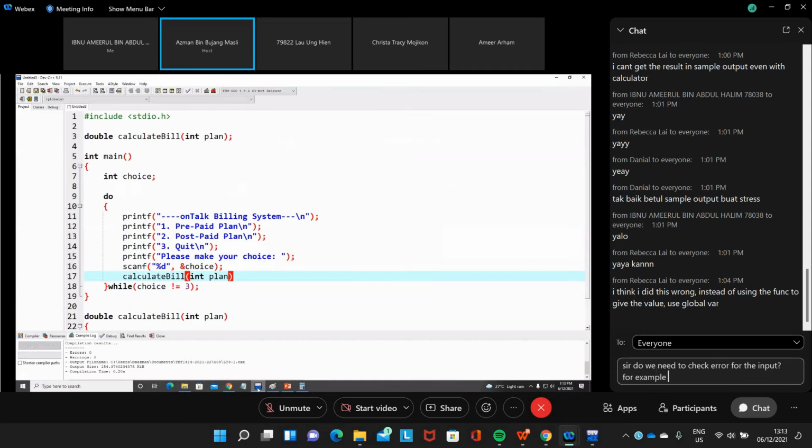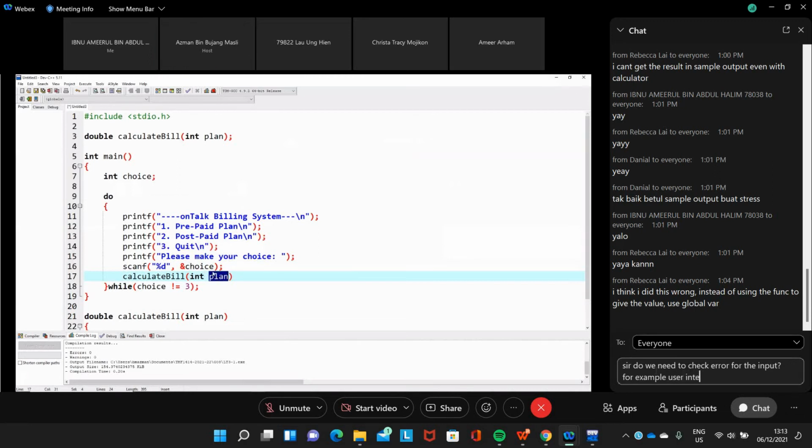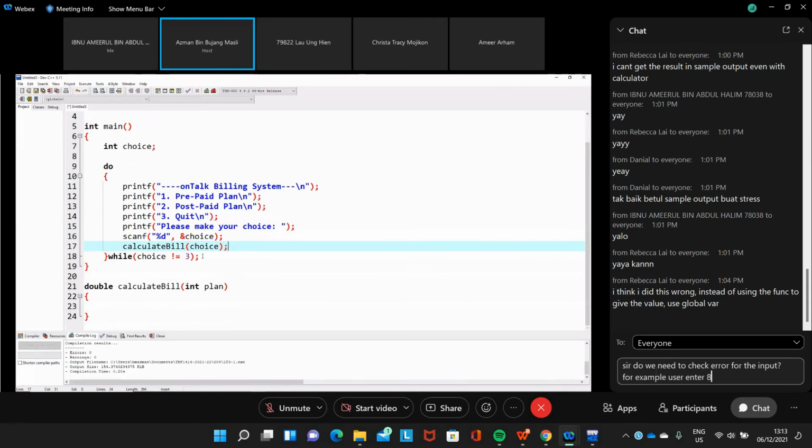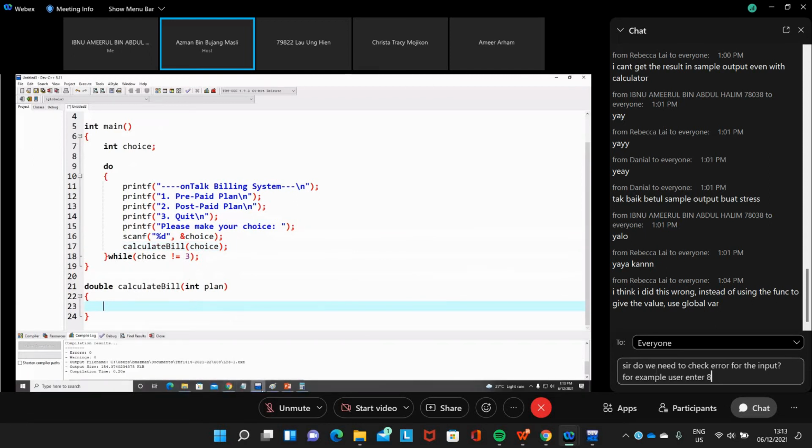Oh, this one is plan or choice. The choice is here, but then you point the plan to your choice. We call the function calculate bill with choice, and then the choice will go to this function plan.